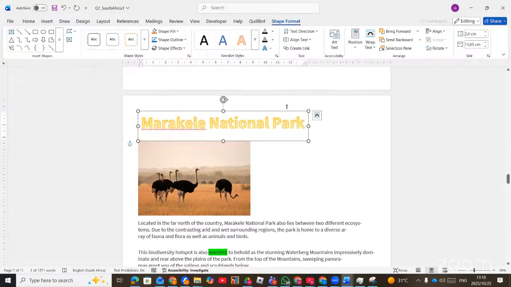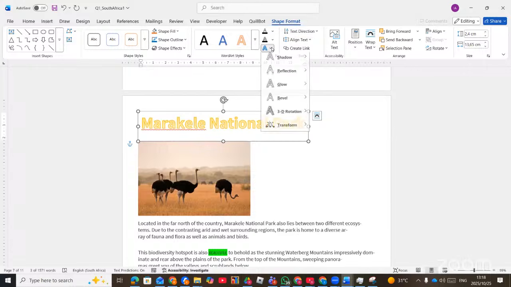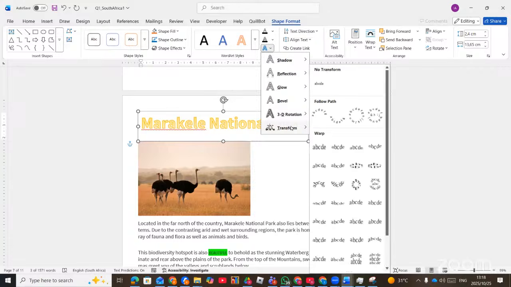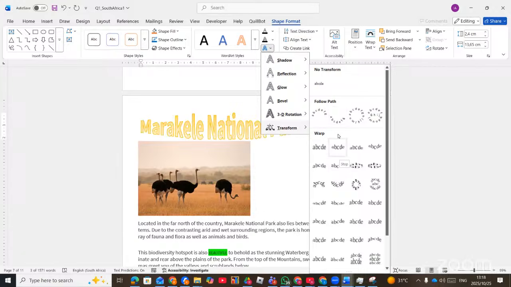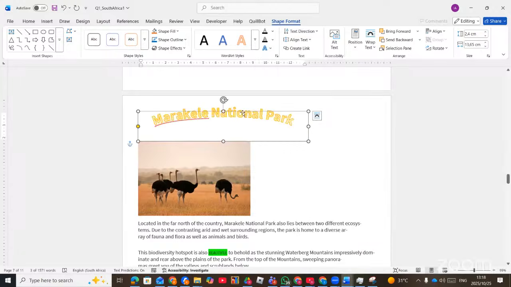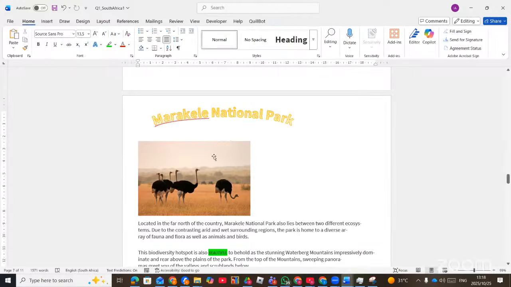Now, then the word art, we can transform the word art. When you click on word art, you go to shape format. You see this one, which is text effect, and then you find transform. So we have follow path. We have different word art styles with the transforms. Then you can change any of the transform styles. Let's say you are changing to this style. Now, when you change them,